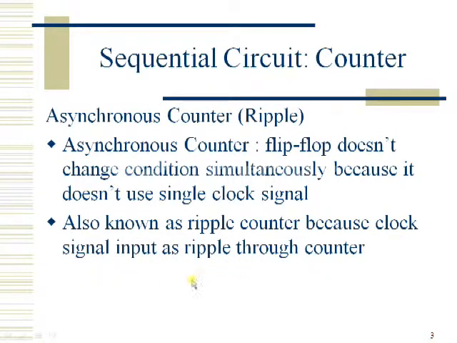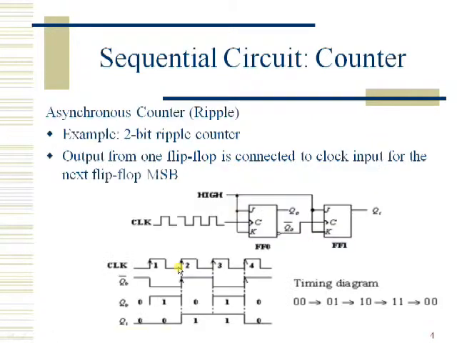Okay, so it seems like a ripple. If we touch stable water, then we'll get some ripples. One ripple disturbs the water, and then one more ripple comes. In the same way, the output of one flip-flop is given as a clock source for the next flip-flop. Then it does its operation, and then again the output of that flip-flop is given as a clock source to the next flip-flop. So that is why it is called a ripple counter.